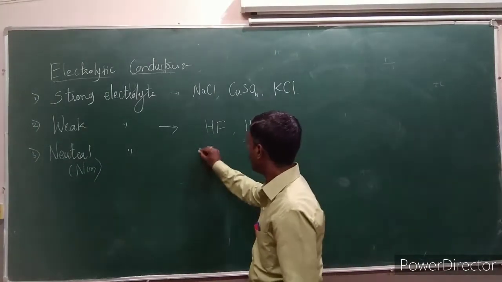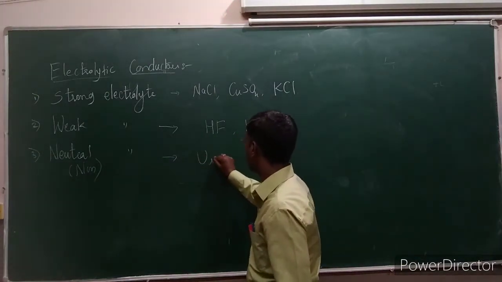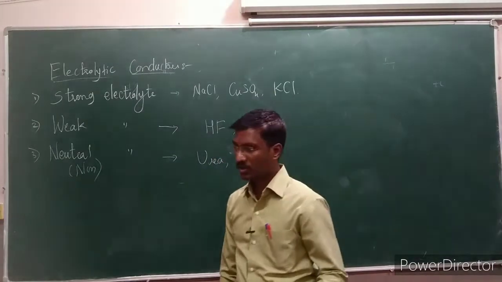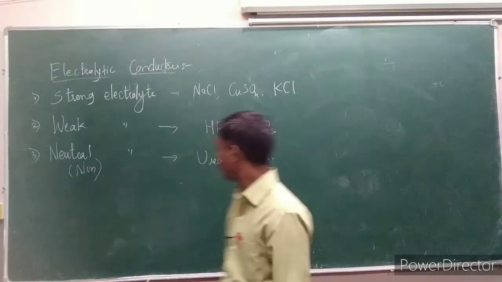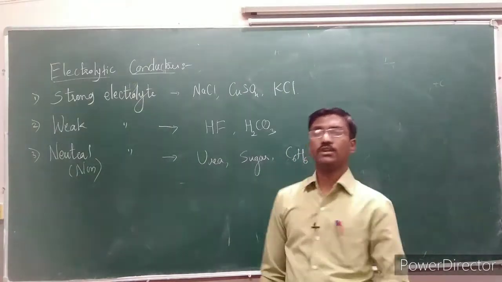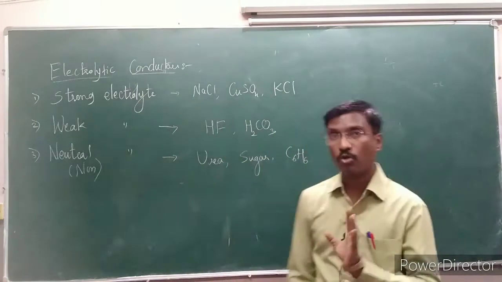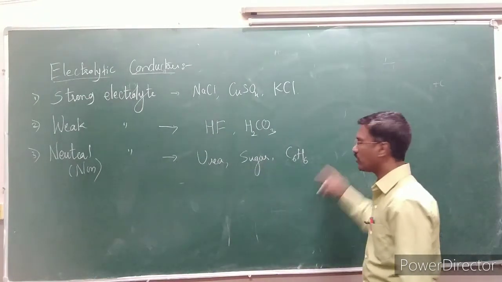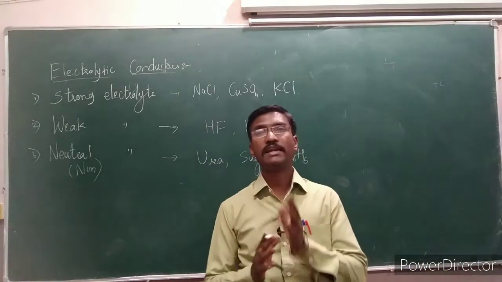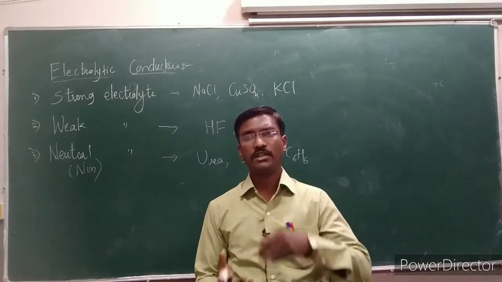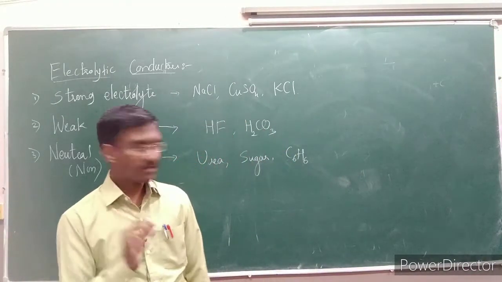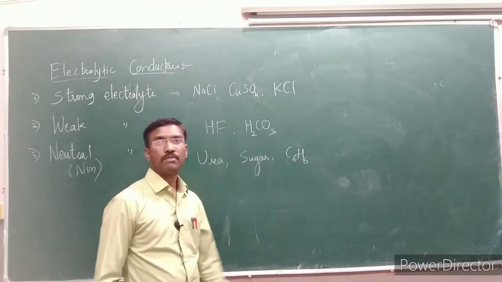For example, urea, an organic compound, and sugars like sucrose, lactose, maltose, chloroform, ether, benzene, C6H6. Can you see that these are organic compounds? Organic compounds are formed by covalent bonds. For that reason, they do not form ions, whereas ionic compounds completely ionize. Organic compounds never undergo any ionization because they are formed by covalent bonds. For that reason, all organic compounds are examples of